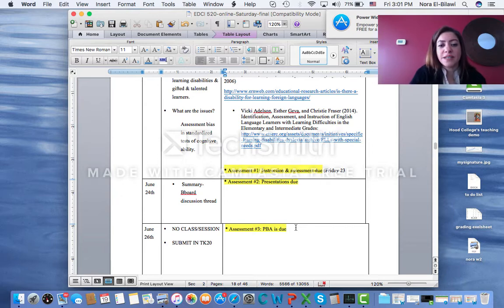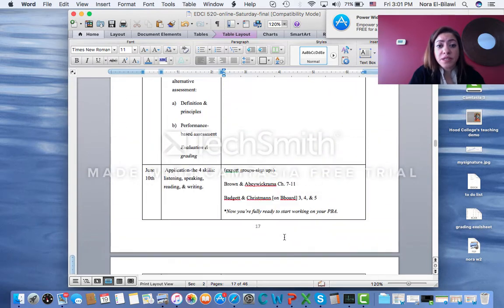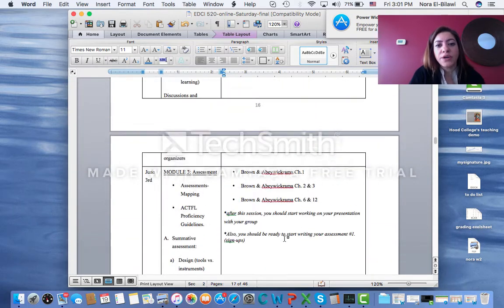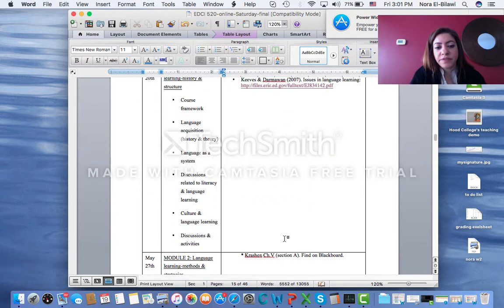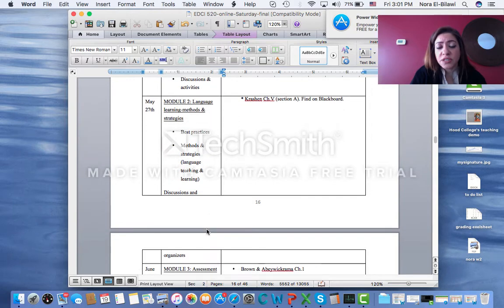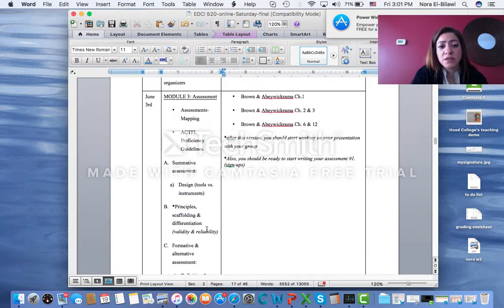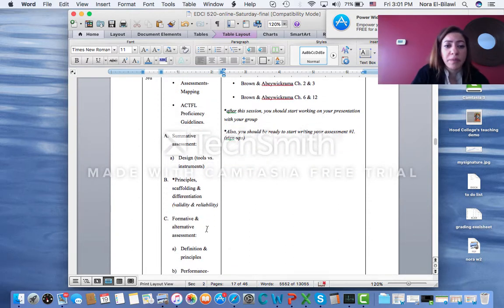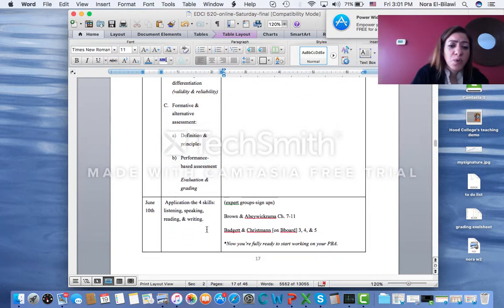So hence the submissions of assignments are at the very end. Throughout the semester, we're really working on understanding the content. So Module 1, the foundation. Module 2 is methods and strategies, which is the so what, of the second language learners. And then from Module 3 until the end will be assessment, learning about the foundation of assessments, types of assessments, quizzes,